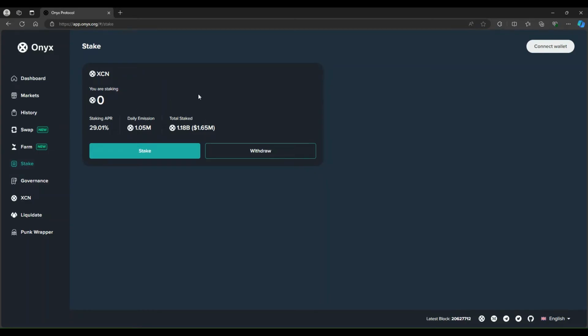And then getting down here to staking. All you do is connect your wallet, hit stake, and then you confirm the transaction in your wallet, and boom, there you go. Right now it's 29%. Last week it was a little over 30%. Usually it'll fluctuate a little bit, but it's usually right around 30%, which is nice, and it's easy to claim. You'll see your transactions up here. And then you can just withdraw it. It goes back to your wallet, and obviously it uses Ether for your gas fees going to and from your wallet.